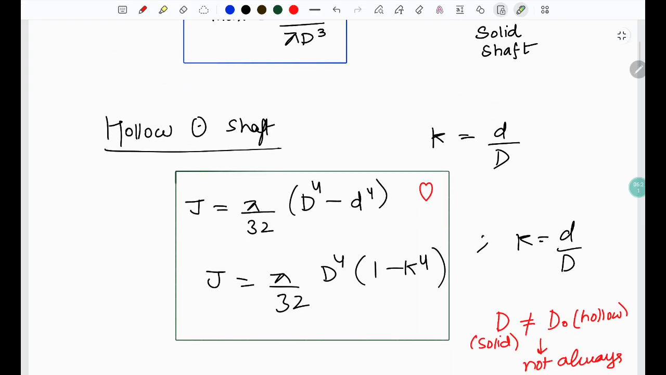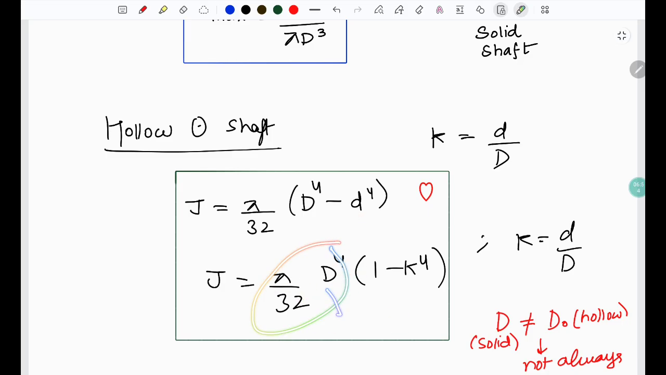And for a hollow shaft, we calculate the polar moment of inertia as pi by 32. In the solid, we have pi by 32 d to the power 4. Here we have pi by 32, where D is the outer dia minus small d, the inner dia of the hollow shaft. We know the factor, denoted either K or n, which is the ratio of the inner dia to the outer dia of the hollow shaft. This formula can be converted into this form, that is pi by 32 D4